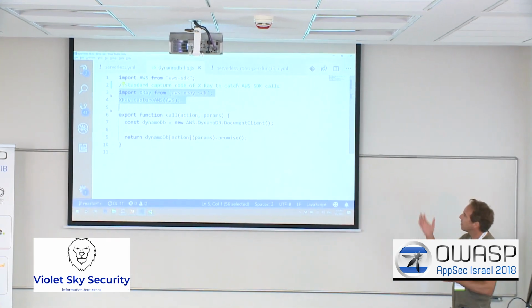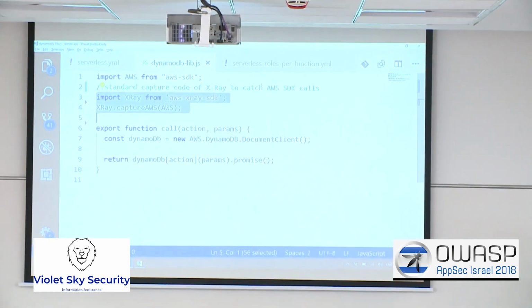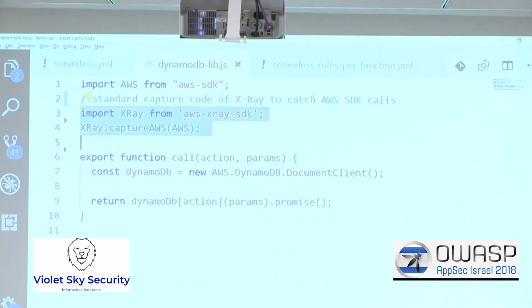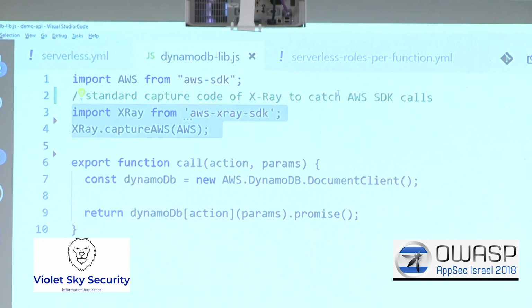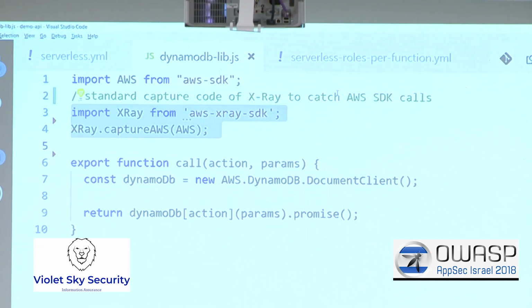Well, you need to first, obviously, install the AWS X-Ray SDK. Do that with NPM. This is relevant for JavaScript, but the process is similar for other Lambda environments such as Python, Java, and so on. Install the AWS X-Ray SDK, and then you run this initialization method, captureAWS, which then